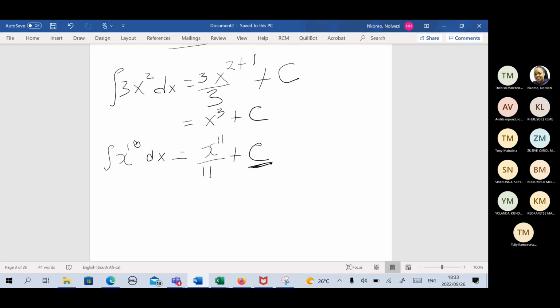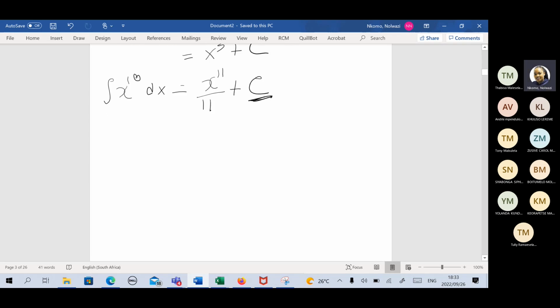So this means, in general, the power rule for integration would be given as: if you are asked to integrate x to the power n dx, then after integrating,